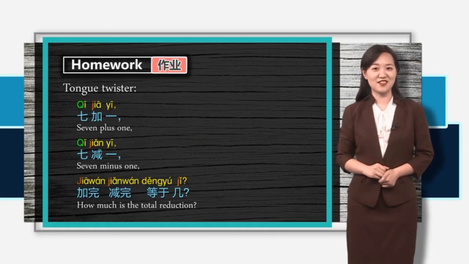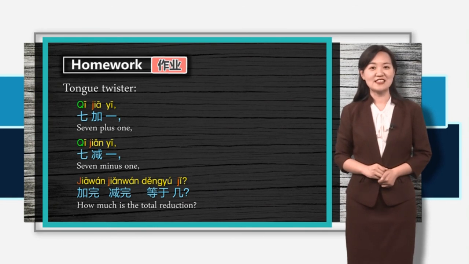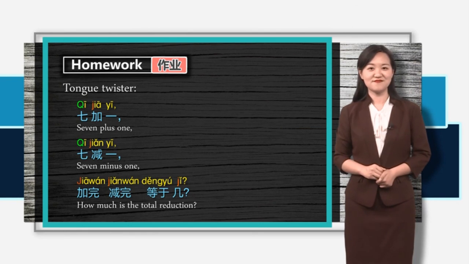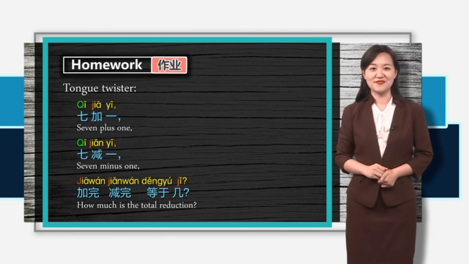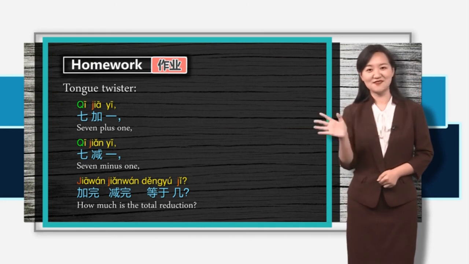Here is a challenge for you. Try to practice reading this tongue twister after class. 七加一，七减一，加完减完等于几？ Can you make it as fast as possible? 七加一，七减一，加完减完等于几？ Okay, see you next time. 再见。